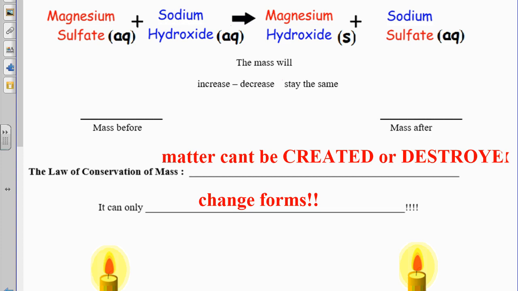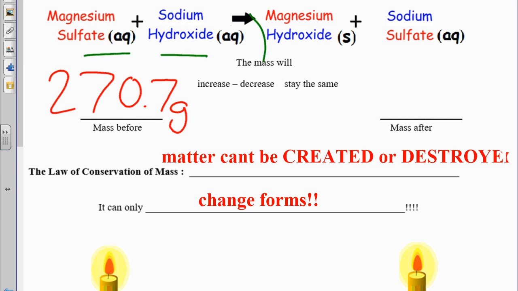Okay. So now I have it lined up. The mass of this is 270.7 grams. Now, I'm going to do this reaction one more time. I'm taking an aqueous solution and an aqueous solution. I'm making a solid in an aqueous solution. When I react those together,